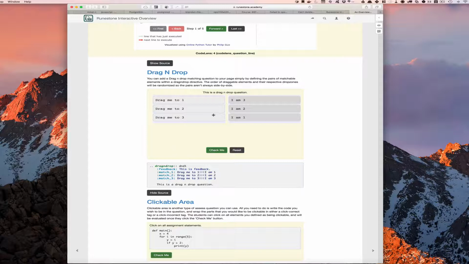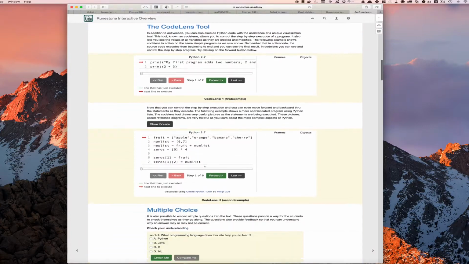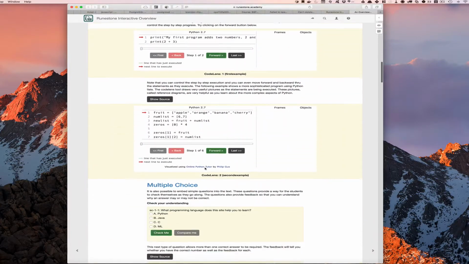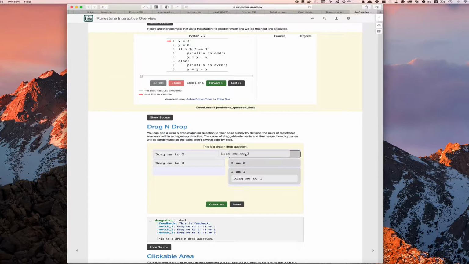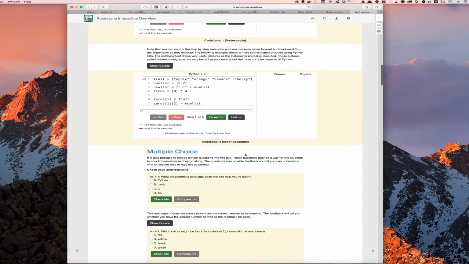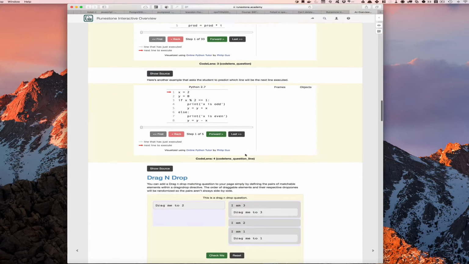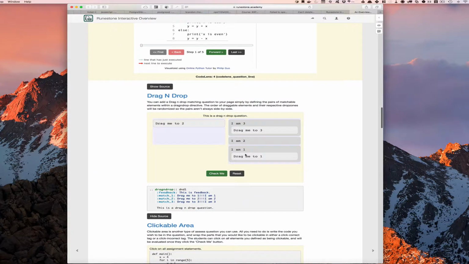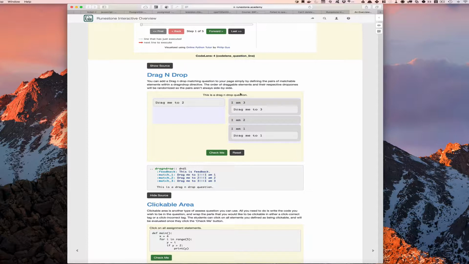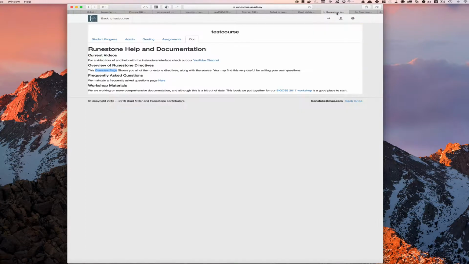And when it's rendered, then it looks like this. Okay, so with that in mind, let's go back to our assignment here